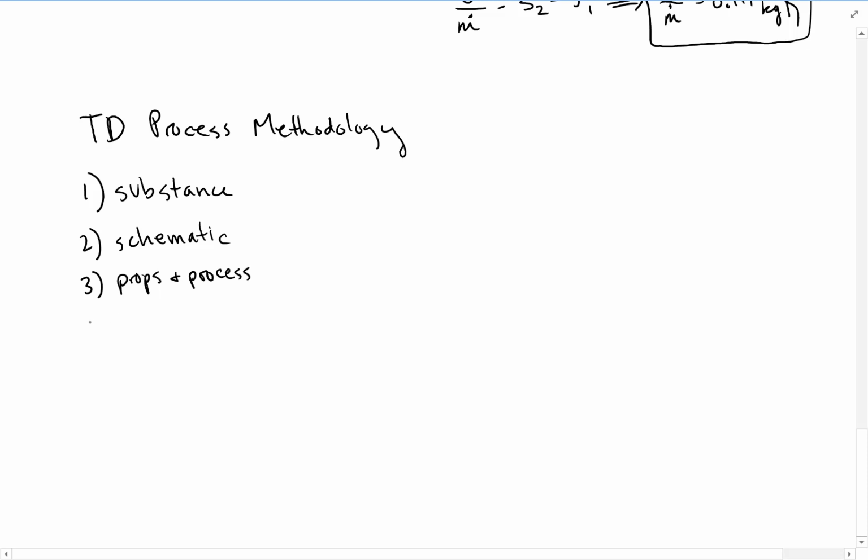What do we know and what are we given? Step 4, again, is to remind ourselves, is this an open system or a closed system? Because whether it's an open system or a closed system determines which energy balance we use and which entropy balance we use. This is where things are going to start to change just a tiny bit. Step 5 is still going to be an energy balance, followed by step 6, which is that EQW, use your brain step. What kind of energy is relevant? Is there heat transfer? Is there work? If so, what kind? But that's going to follow up with step 7 and 8, which now is entropy balance,